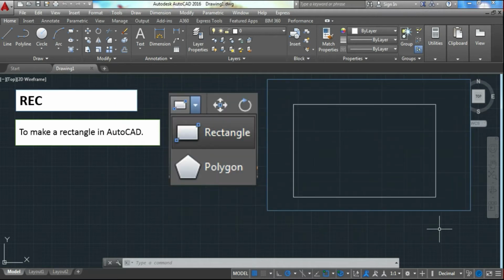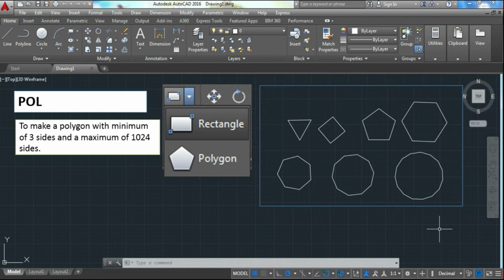Rectangle. To make a single rectangle we need the command REC. Enter. POL, polygon, to make a polygon of minimum 3 sides to maximum 1024 sides. Here the figures show 3 sides, 4 sides, 5 sides, 6 sides, and different